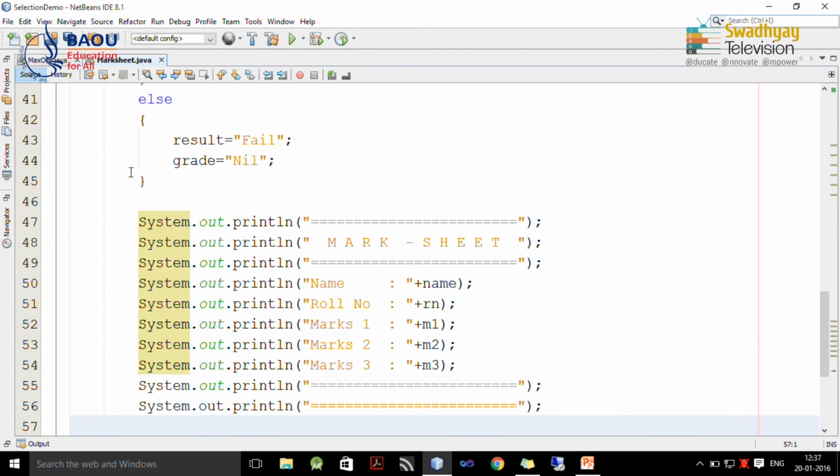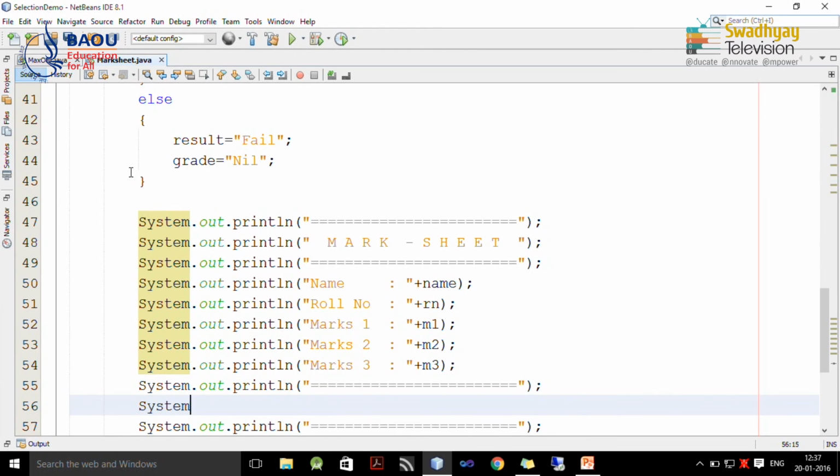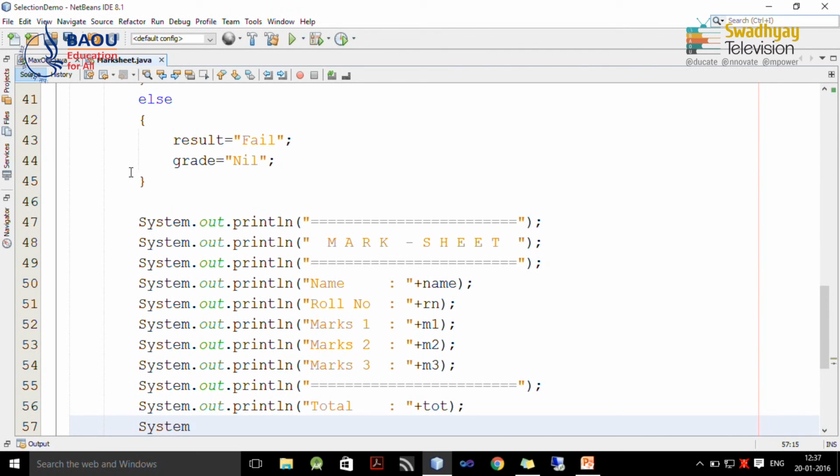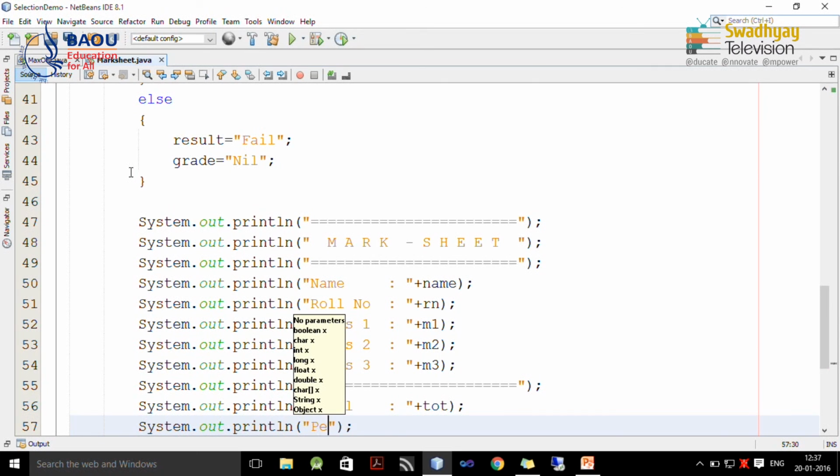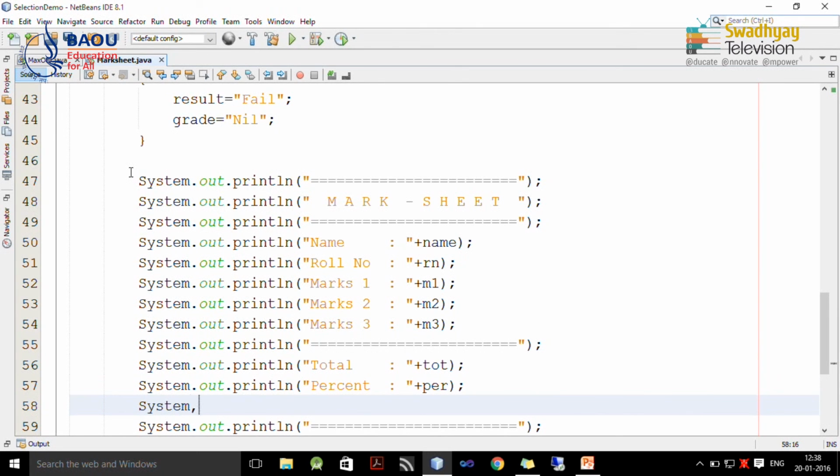Now, we want to display values calculated. So, I write down first I display total. So, total is stored in TOT, then I display percentage, which is stored in this variable, and we also display result and grade.